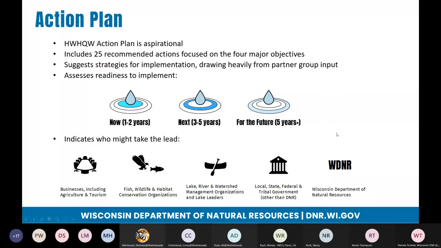One of our challenges is there's some uncertainty with this. It's still difficult, I think, for people to grasp what protection is. People often need a crisis to react to, and then they know what to do. But protecting natural land cover, for example, isn't a real tangible thing to some partner groups and the public. So we took this staged approach with our action plan, that there's things we can do now really related